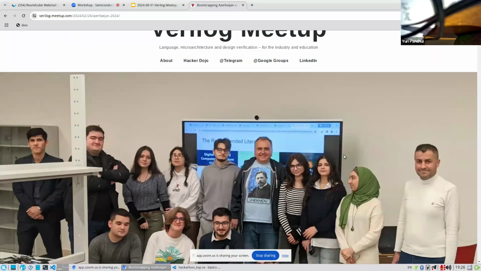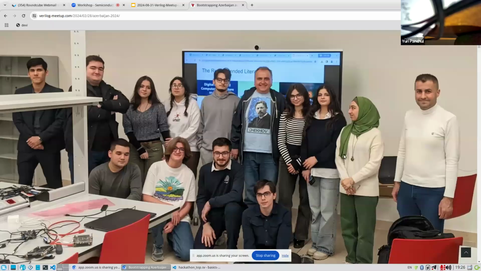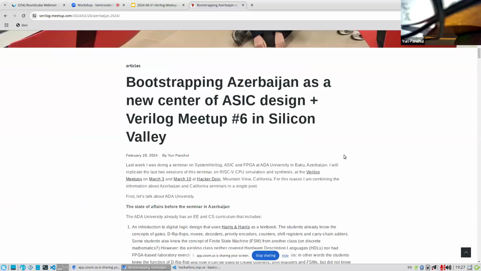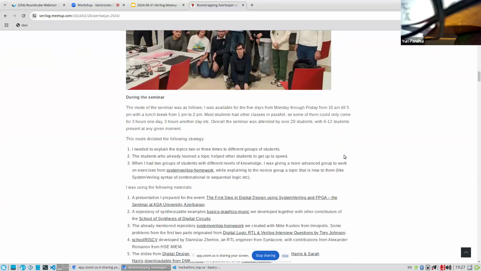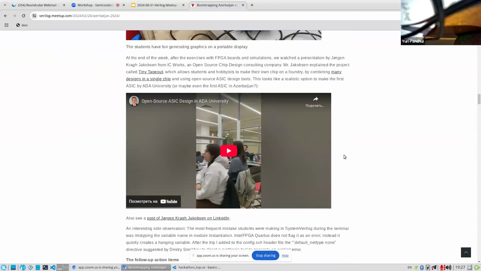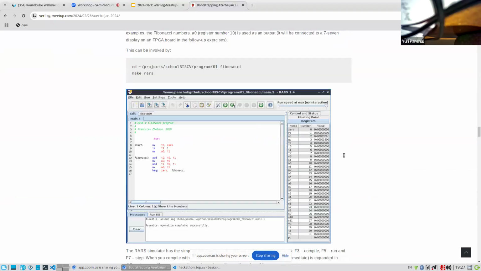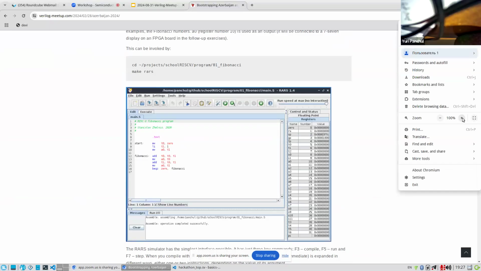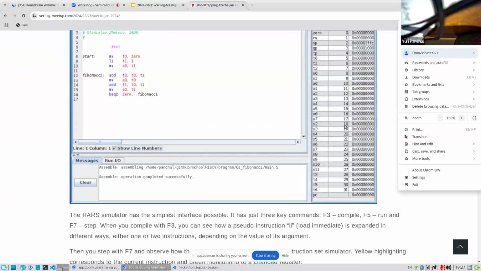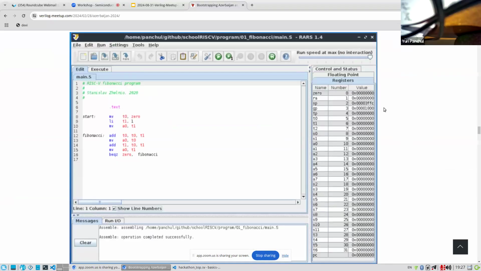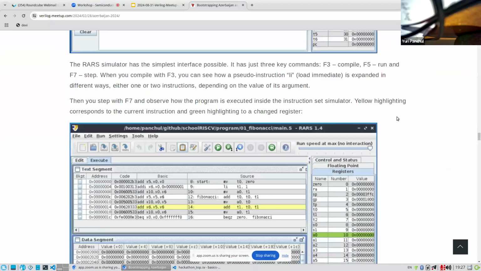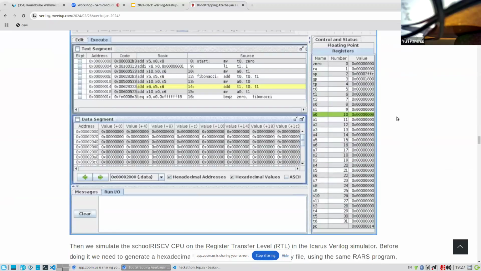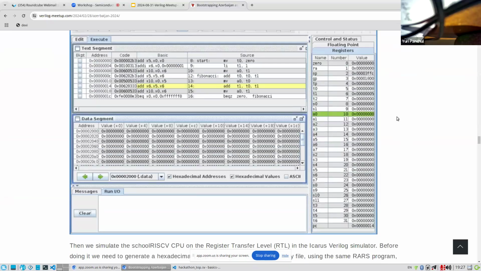If you go to this seminar in this country, first I show them how to use an instruction set simulator to learn assembly language for the RISC-V processor.